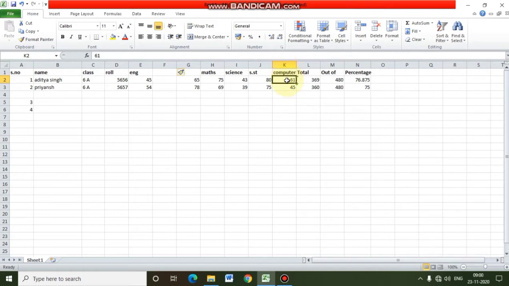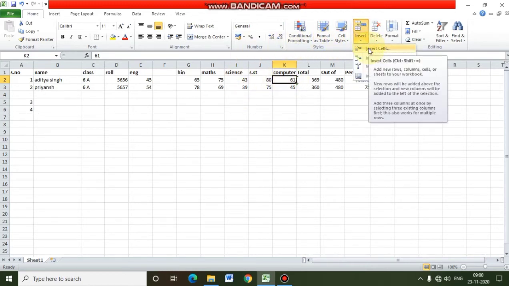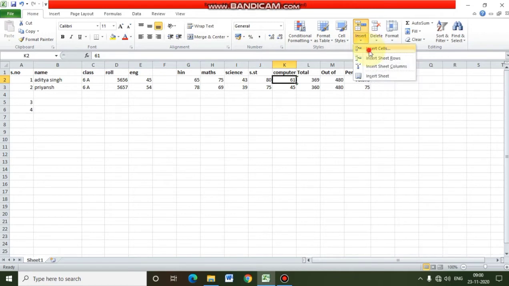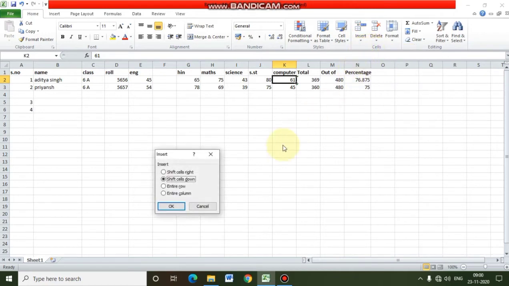You want to insert a new cell between these two. Then we will again select the cell before which we want to insert a new cell. Like in this case, we will select cell number 61. Then we will go to the insert option. After that, we will click on insert cells.